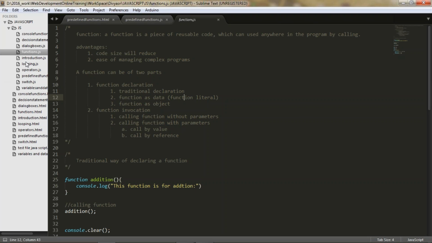So today we are going to discuss scope. What is scope and what are the scopes of variables? All these things we are going to discuss. What is local scope, what is global scope, what is hoisting, all these things. Let's get started with